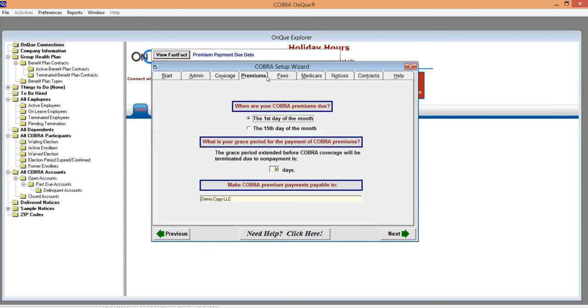Next from there, the Premiums tab. When are your premiums due? The grace period for COBRA premiums. Minimum is 30 days. And make COBRA premium payments payable to is pre-filled with the employer name. If it needs to be something different than that, you could simply type over or add to what is there